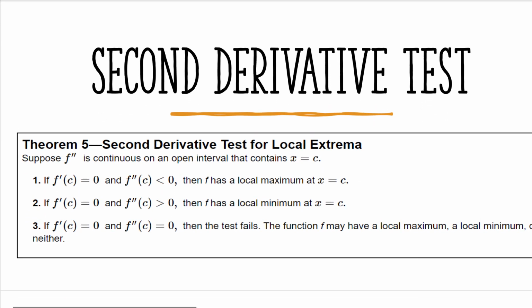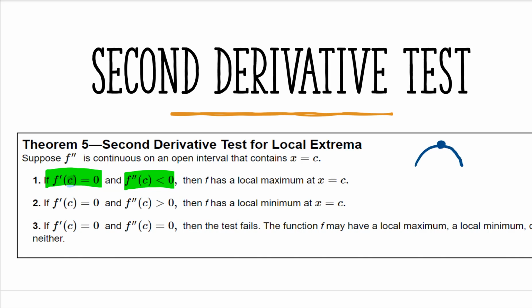Suppose we have a second derivative that is continuous on an open interval that contains some number c in the domain. If you take a first derivative and it equals 0, that's a potential peak or a valley. That's what we were doing before with the first derivative test, where we'd have to check intervals. But now, if you just take a second derivative and plug in that same value of c, maybe that was like 7, and you find out that it's concave down, well,